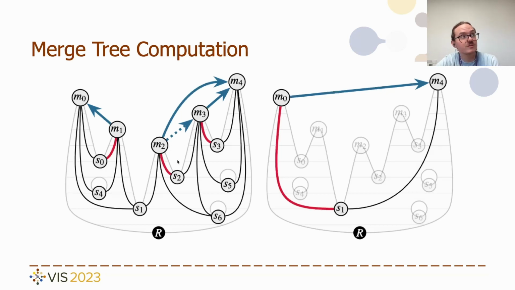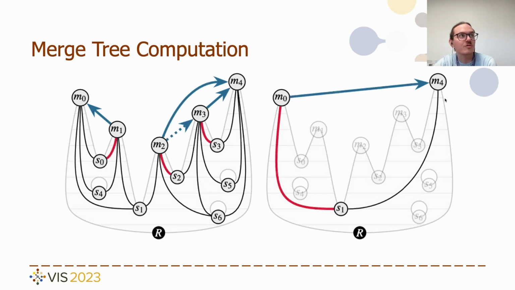For example, M2 and S2. M2 is the smallest maximum reachable by S2. S2 is the largest saddle reachable by M2. Therefore, they are paired, and every occurrence of M2 now points to M3, which is the largest reachable maximum by S2. But M3 is already paired with S3, so we have to path compress this again so that afterwards M2 points to M4. We continue until at the end S1 is paired with M0,